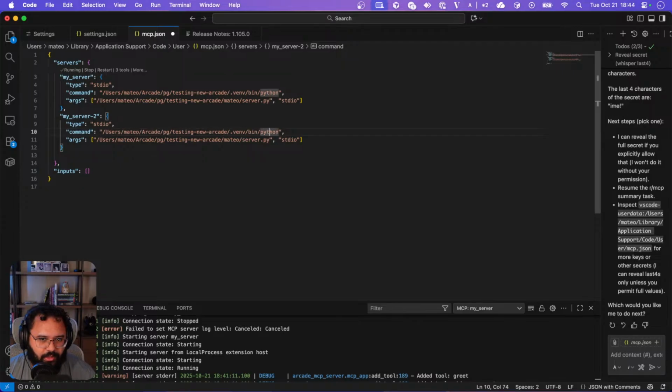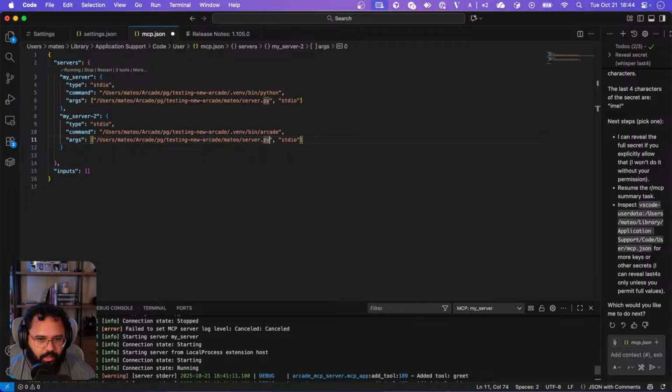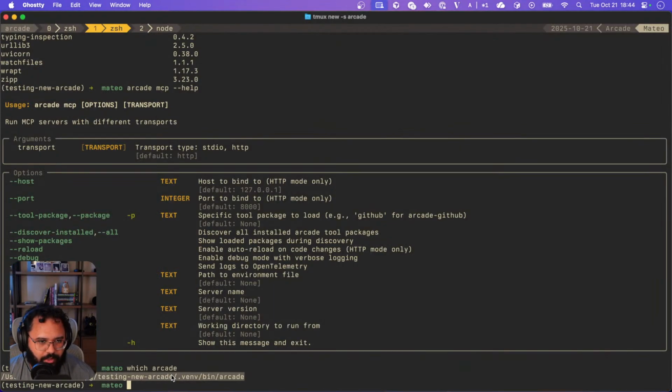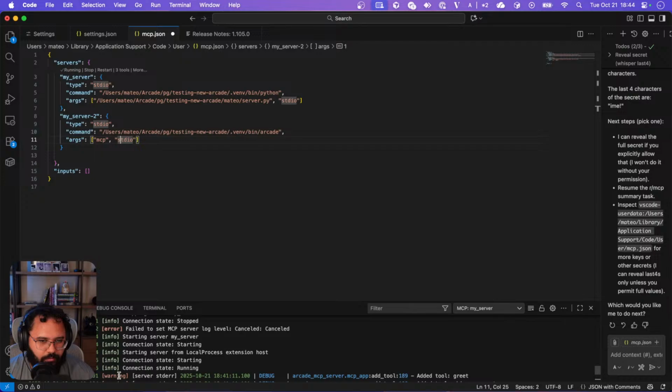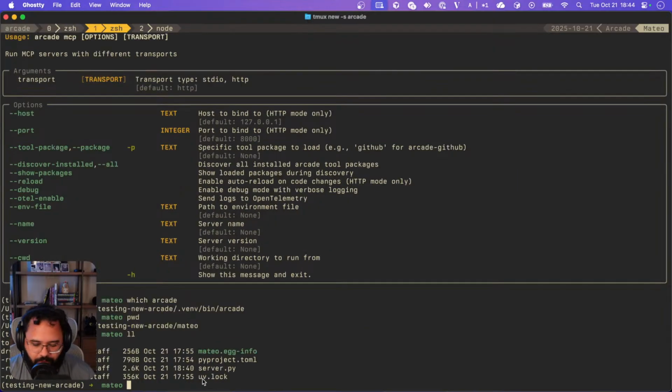I'm gonna change this into whatever I copied here. Arcade, MCP, transport is that, and I want CW B. So, and this is gonna be whatever. So this. So basically, it is really